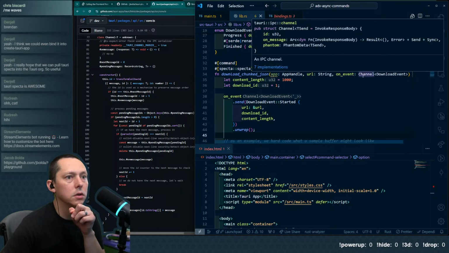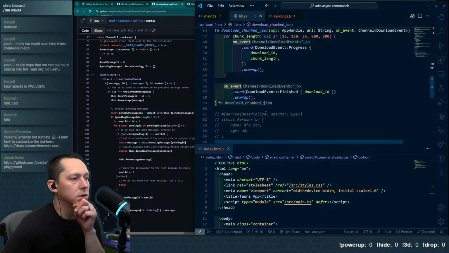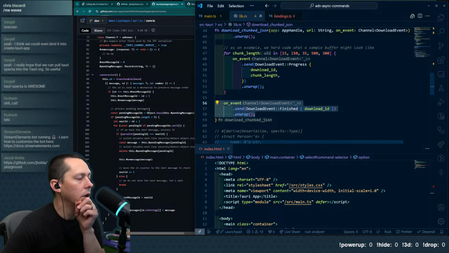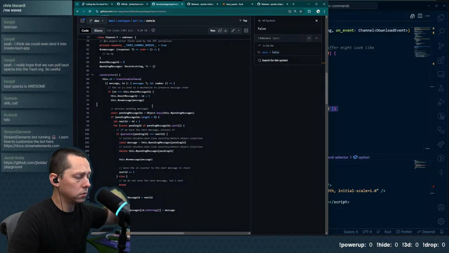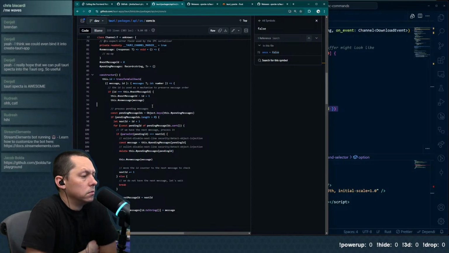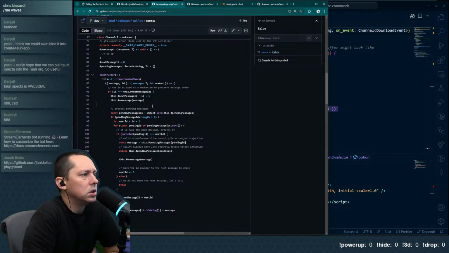On event is a channel, so a Tauri IPC channel. We can maybe check out the Tauri IPC channel, but it's basically just sending events. And in some ways, functionally, what is the difference between this and a generic event emitter? Move the counter ID to the next message in the queue.